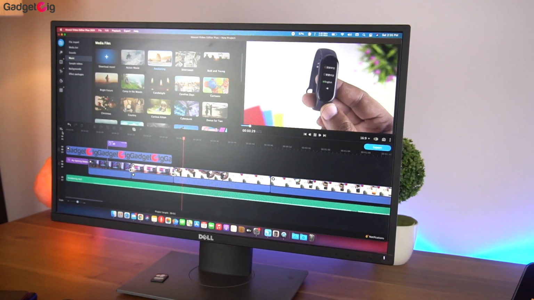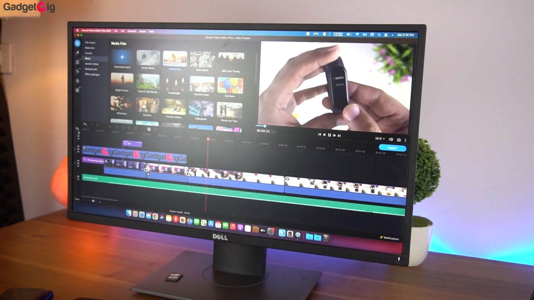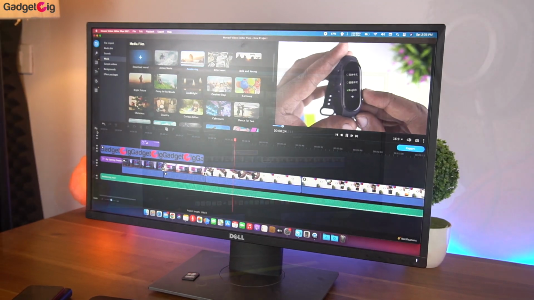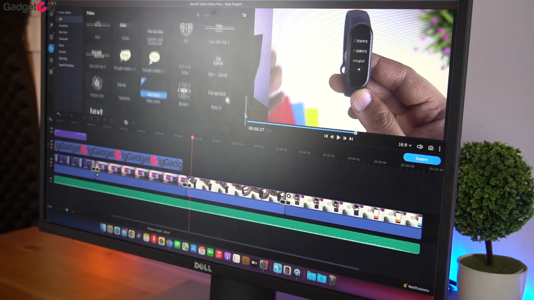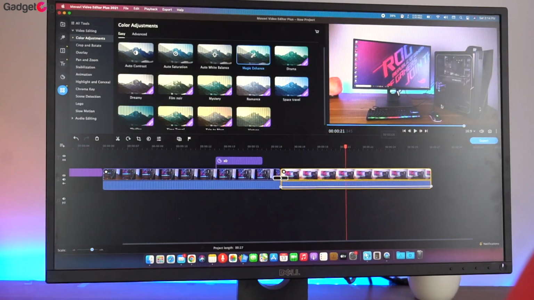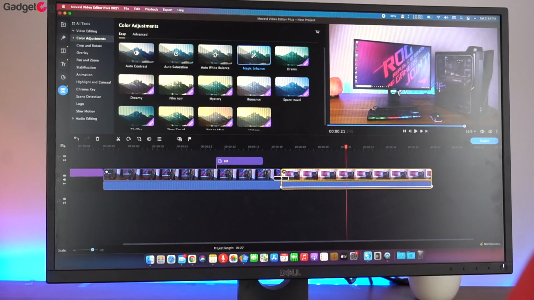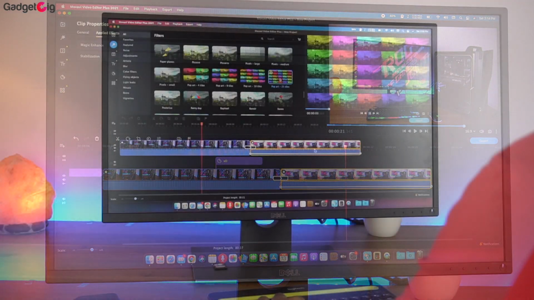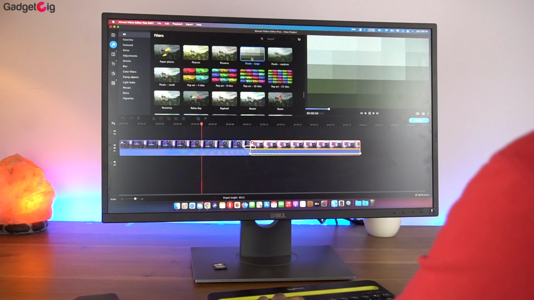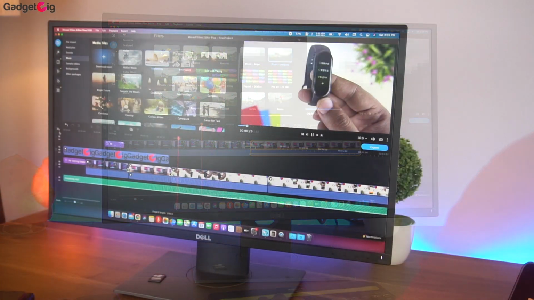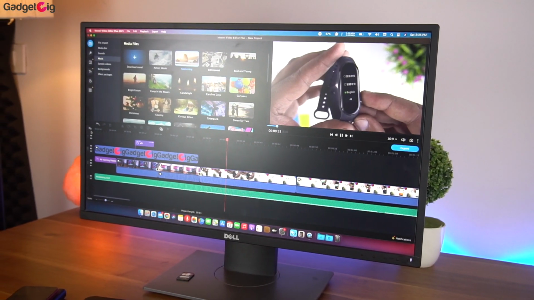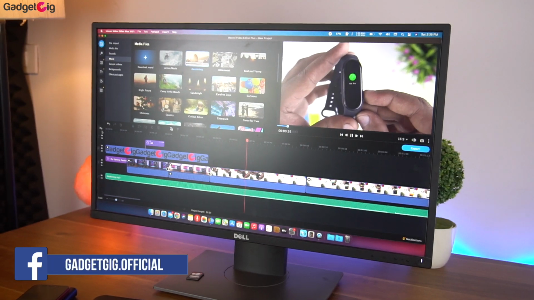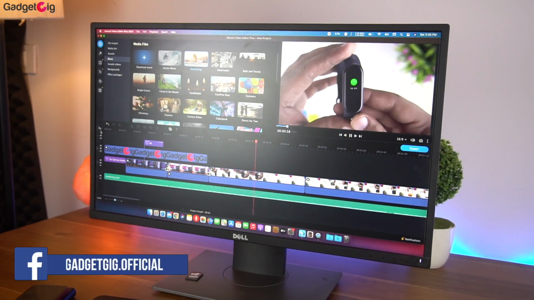So overall, in terms of the features and layout, I really find the Movavi Video Editor Plus 2021 really easy to use. And if you're a beginner and want to learn video editing for your personal or professional use, then this editing software is a very good option. I'm using this editing software for quite some time, and believe me, it's really easy to understand and use. The features you're getting are one of the best, and you're getting a lot of customization. You can use this editing software to edit your home videos, or like me, if you're also a creator, then you will love how easy it is to edit the videos using the Movavi Video Editor Plus 2021.